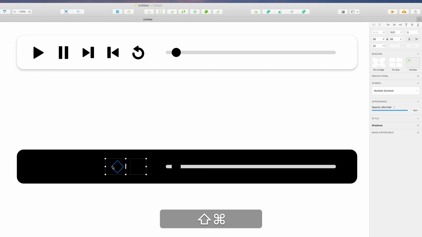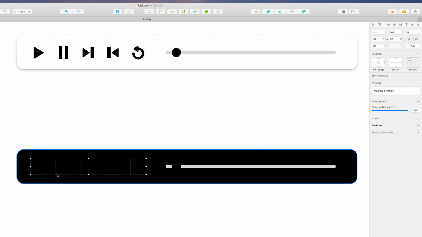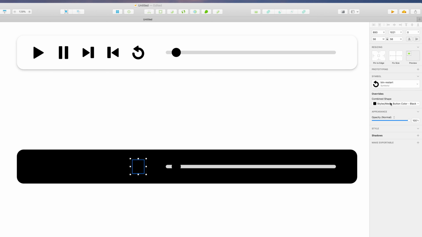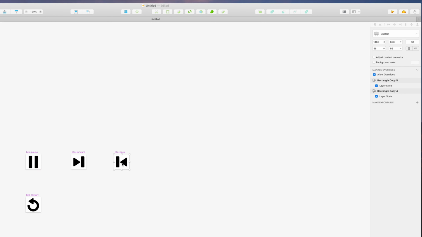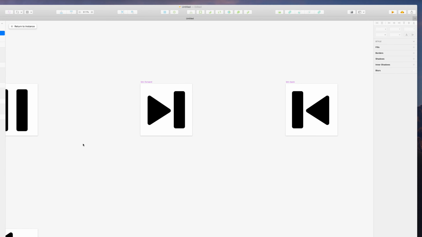I'll take each of my icons. You can barely see them. You can't see them at all. But I'm Command-Shift clicking, right? I can select each of them and change those to white shadow. White shadow, white shadow. If you have 2 pieces like that, you can come in here